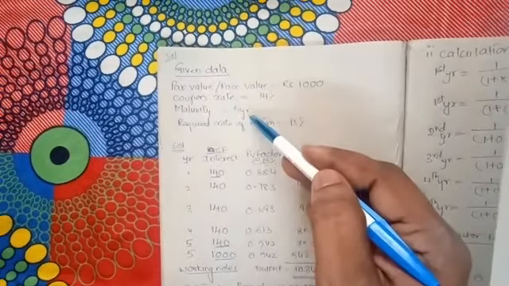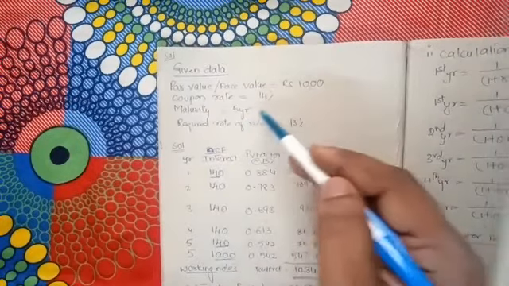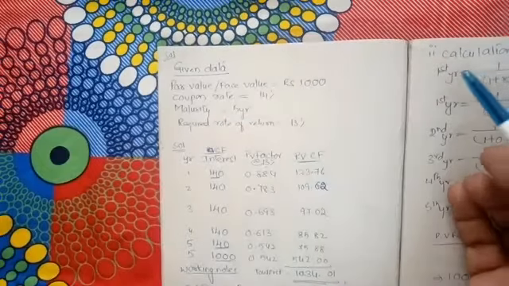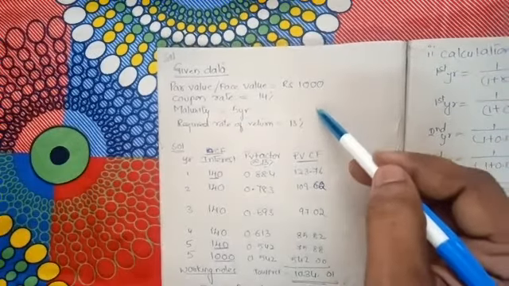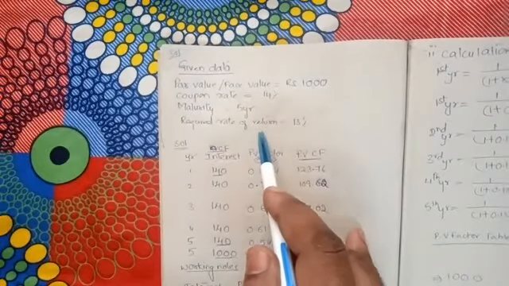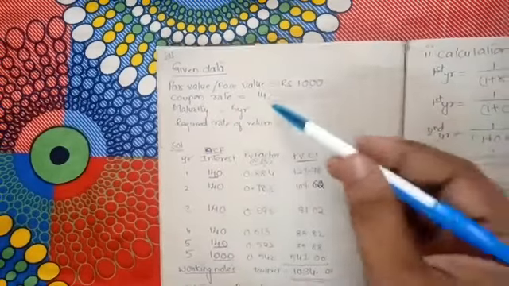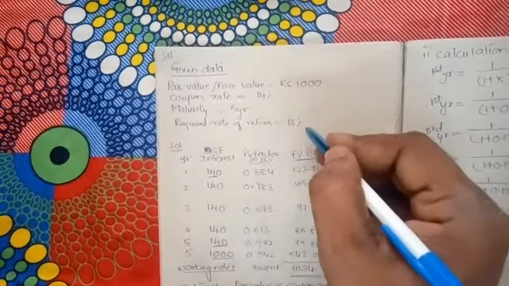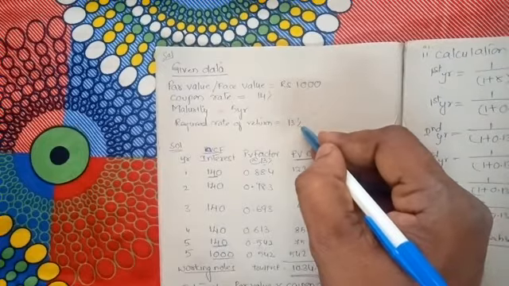What is the maturity? That is 5 years maturity. Means after 5 years, we need to surrender the bond. So they will pay back the 1000 rupees to us. Okay. And what is my required rate of return? See, actually here you can see the coupon rate is 14%, required rate of return is 13%.